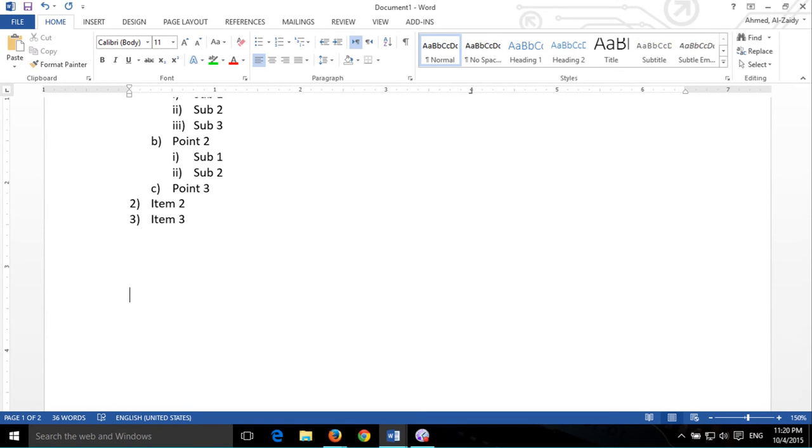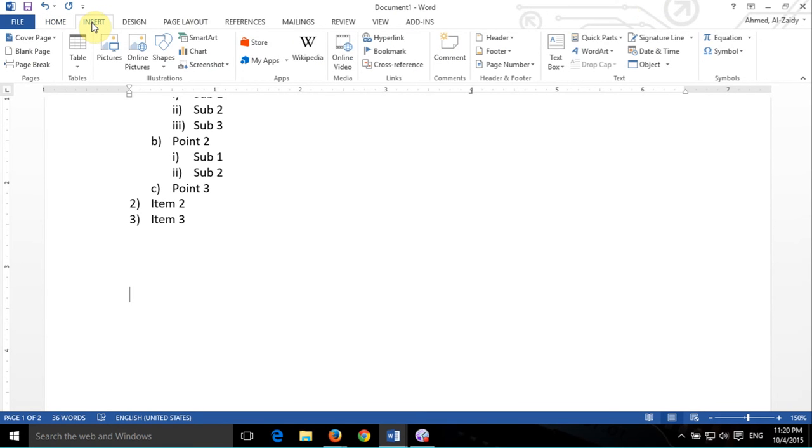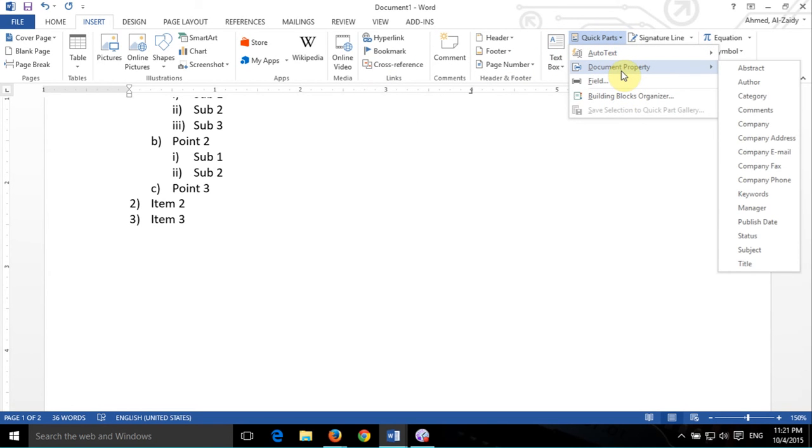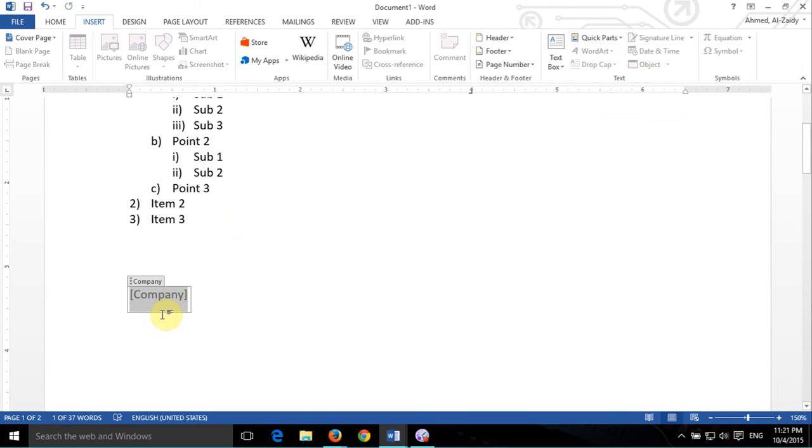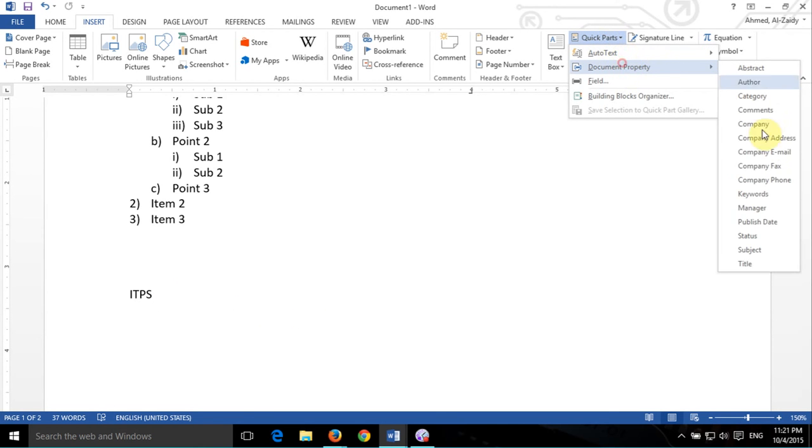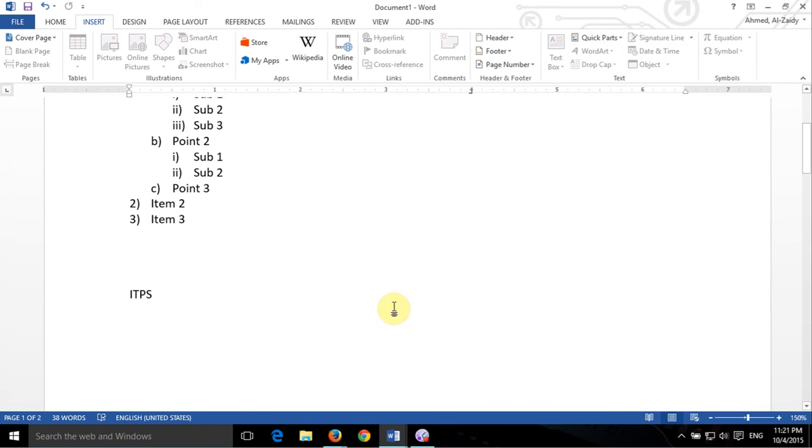So we need to go to the Insert tab, and from the Insert tab, I can go to the quick parts. The quick parts will include something called document property. In the document property, I can say company, for example, and I will type the name of the company that I'm working for, or I will do my paper for. So when I go back and I will say company,